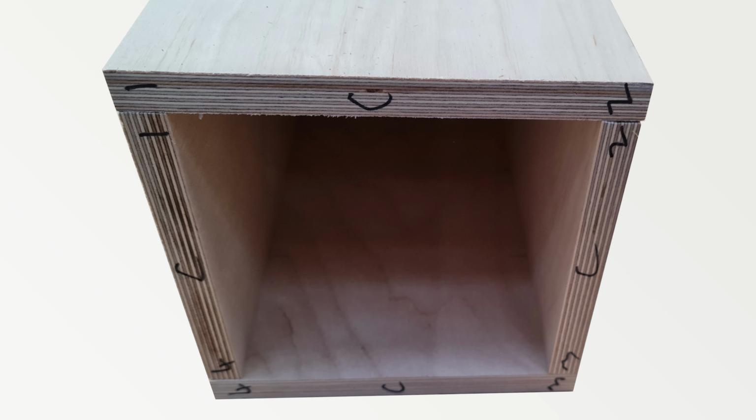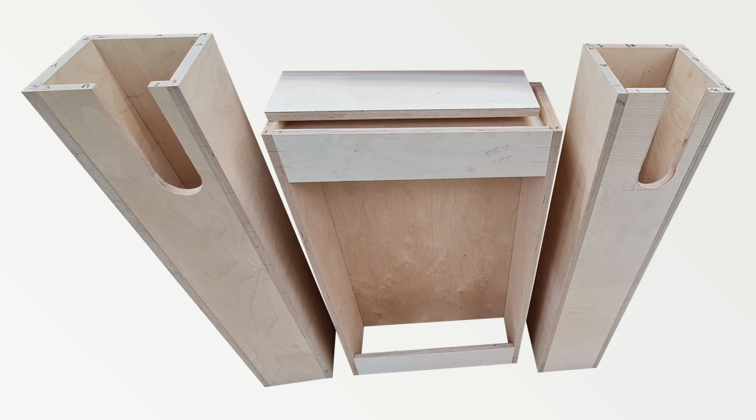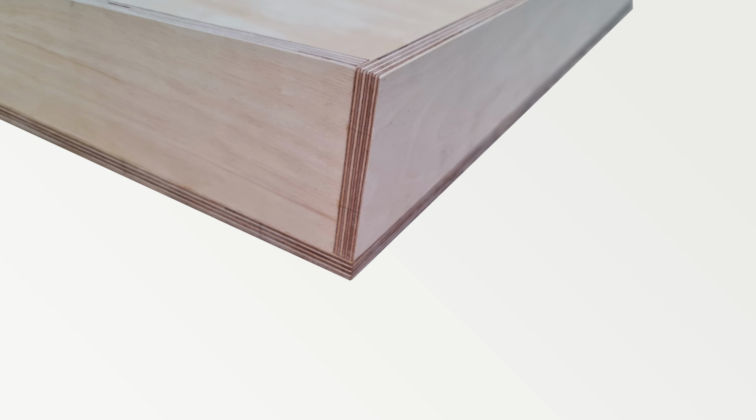Time for dry assembly, always a good idea before the glue bottle comes out. You can see that the fit is just fine. Here is the structure dry fitted, and along with two others that form a subunit of one of my future projects. I've also been using the 4mm cutter to make 12mm ply drawers for my shop projects, and this box,